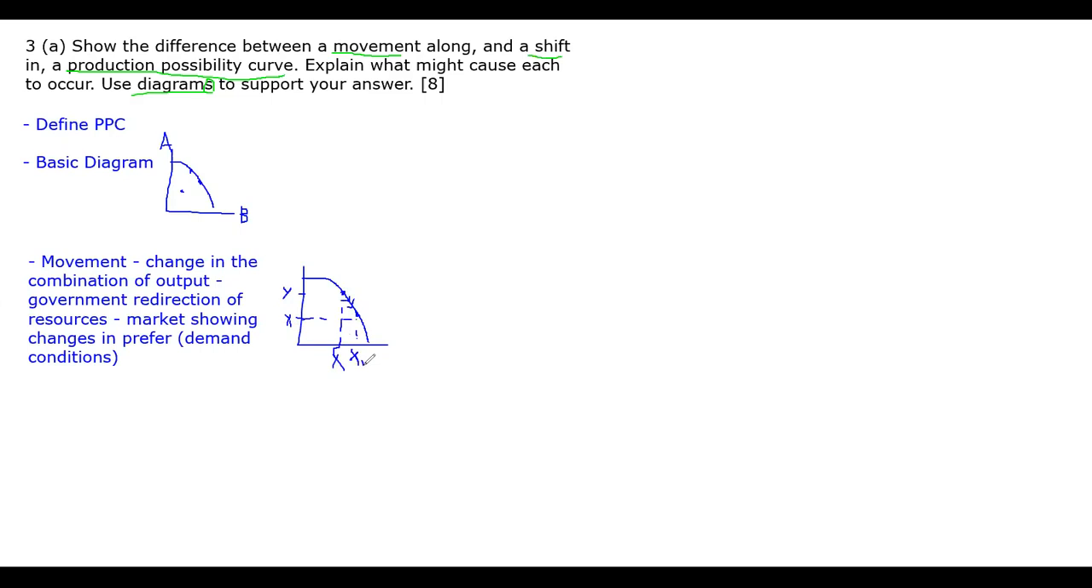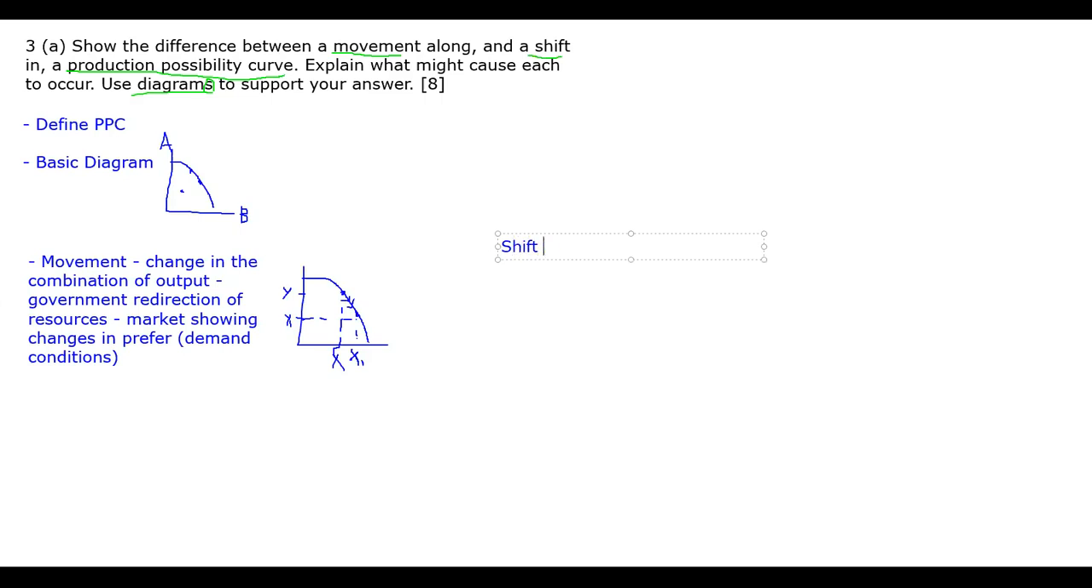You don't really need to go into the depth of it. This should be more than enough. Because what you've basically done is used a diagram, hopefully a better one than mine, which shows a movement. You've explained what a movement means, and you've given a few reasons why a movement might occur. So if we now go towards a shift,